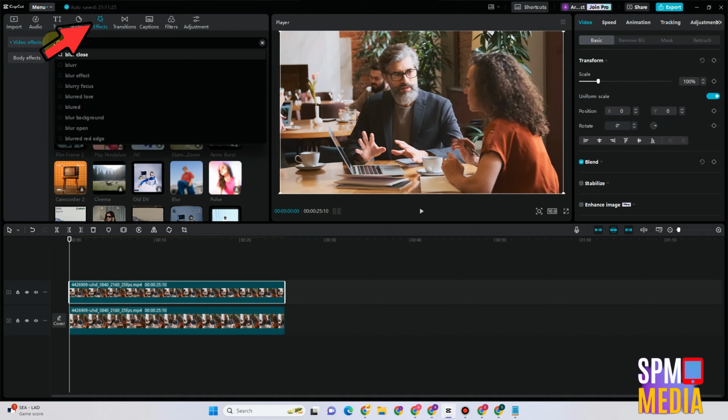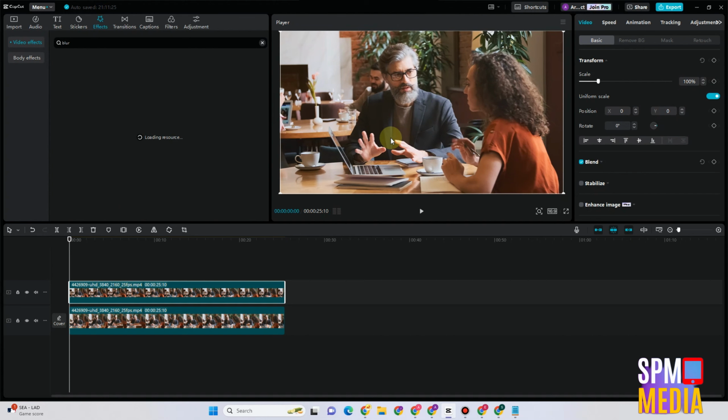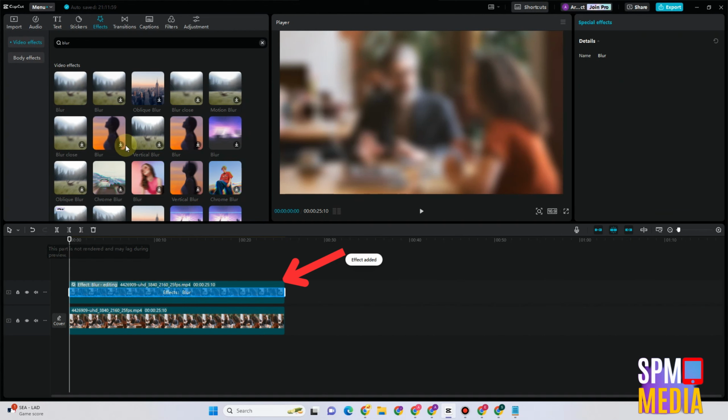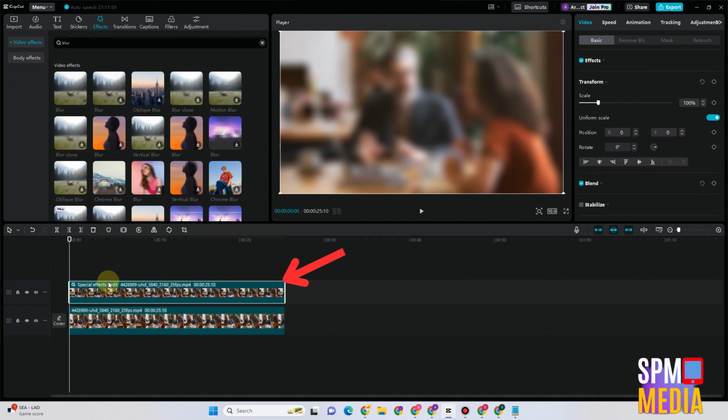Now go to Effects, look for Blur, search for that blur effect, and then you have to download it first. After you download it, you have to drag that blur and put it inside the video. So it must be inside the video. As you can see, the second video has this blur effect, but we just want to blur a specific